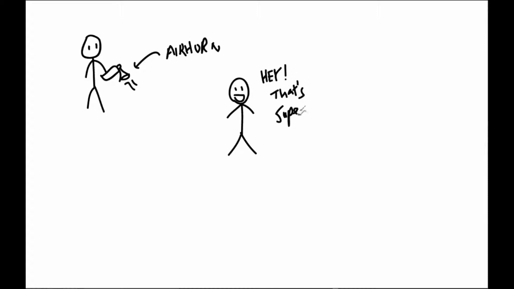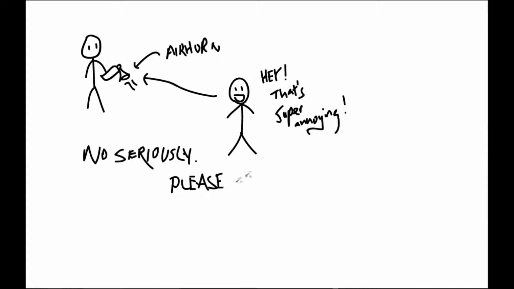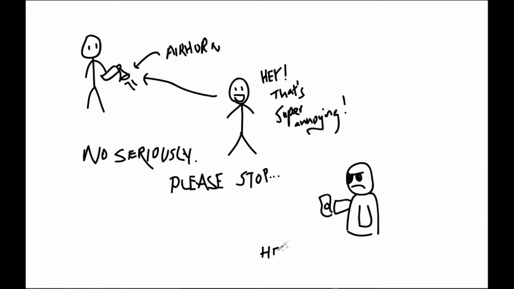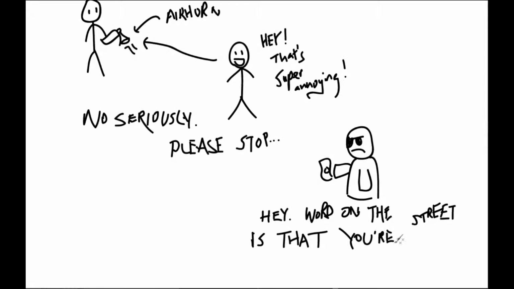So you're walking around one day with a shiny new air horn that you just picked up from the dollar store, and a guy comes along, he's like, hey, that sound is super irritating, and you're the most annoying person on the street now thanks to that air horn, and you're like, wow, that's awesome. And then a shady guy comes up to you and he's like, hey, word on the street is you have the capability to be incredibly, incredibly annoying.